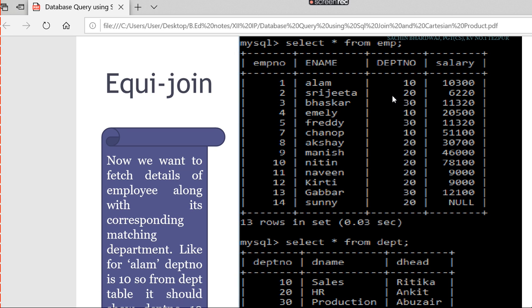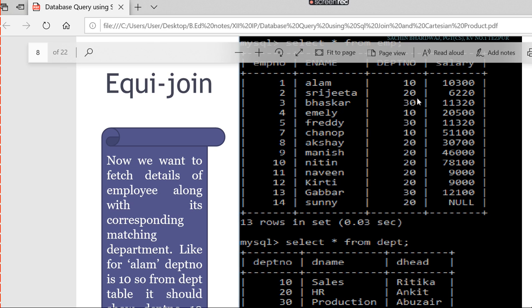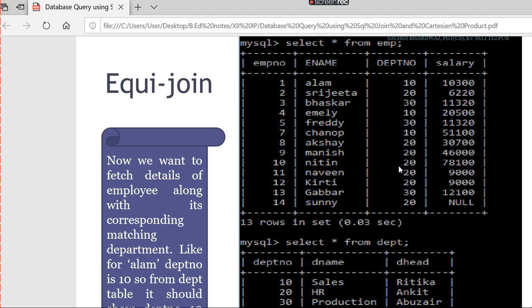If you want to join both tables, we need to connect this department number. Then only both tables will be connected. The department number is the primary key of the department table, but it is a foreign key of the original employee table. So in the main table it is a foreign key, and salary is an ordinary key.